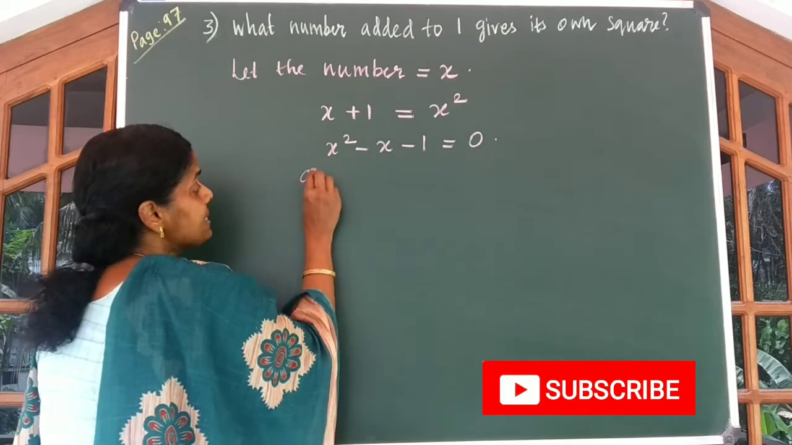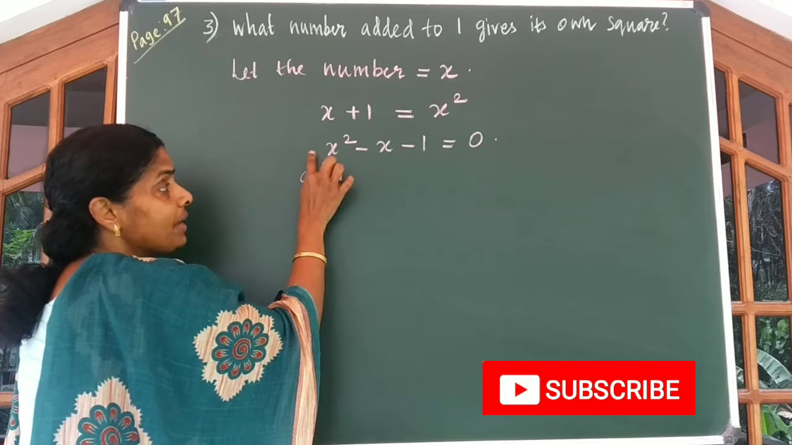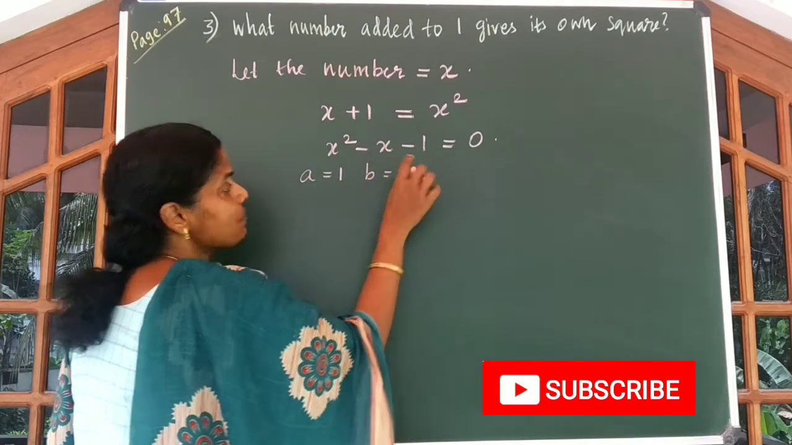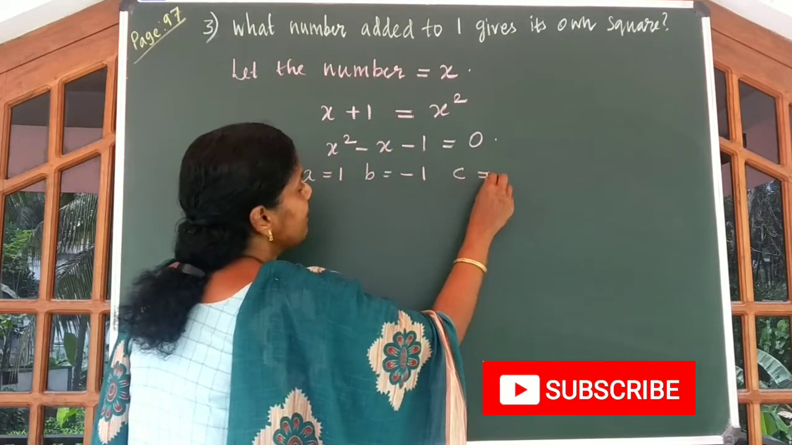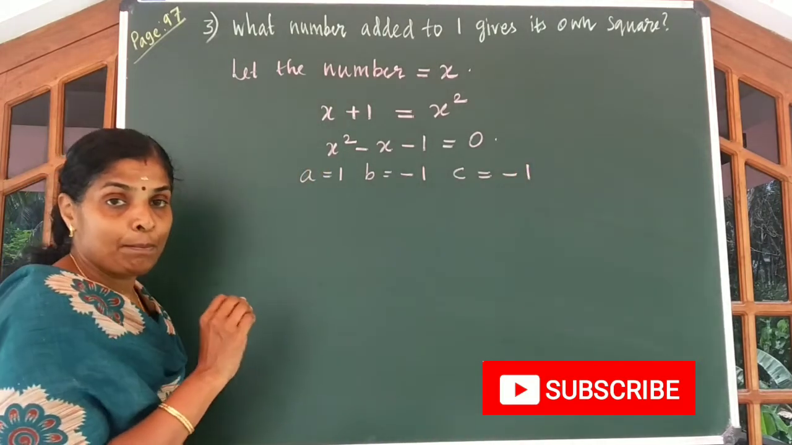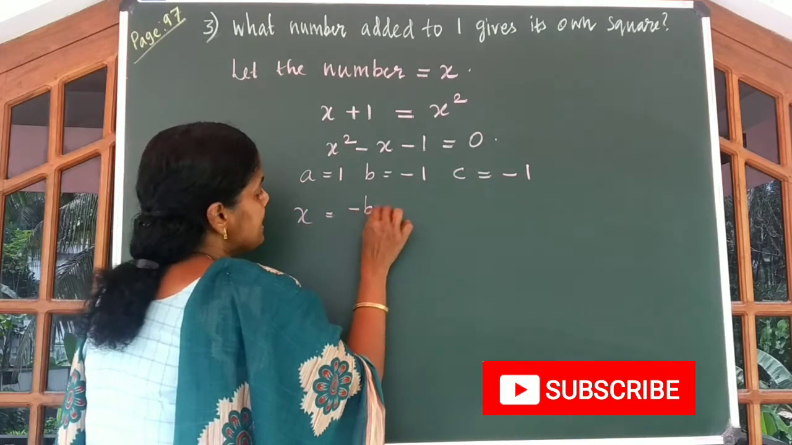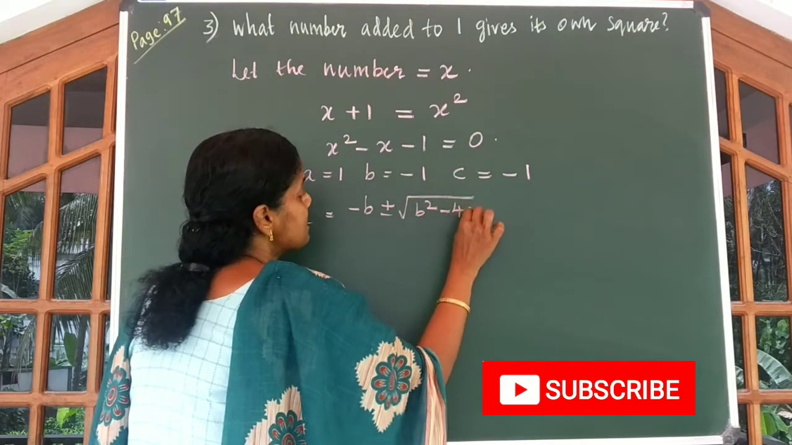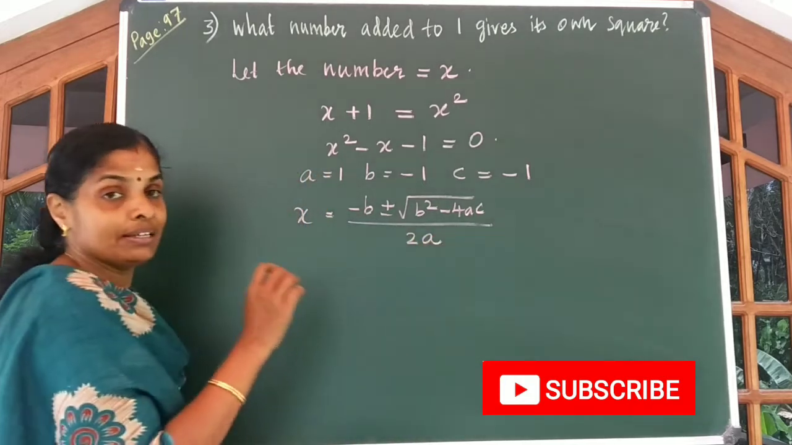Now we are going to use our formula to find the solutions. Here we can understand A value is equal to 1, the coefficient of x square. B value is equal to minus 1, the coefficient of x. And what is our C value? Minus 1. Now let us substitute A, B, C in our formula. X is equal to minus B plus or minus root of B square minus 4AC, whole thing divided by 2A. That is